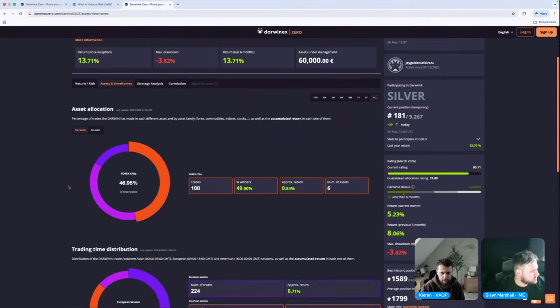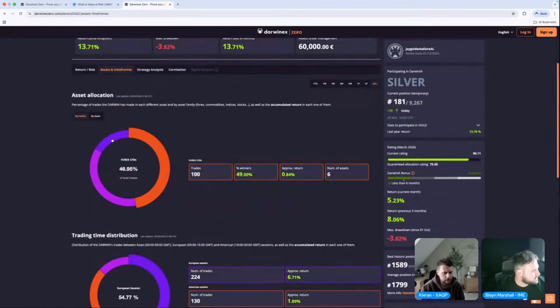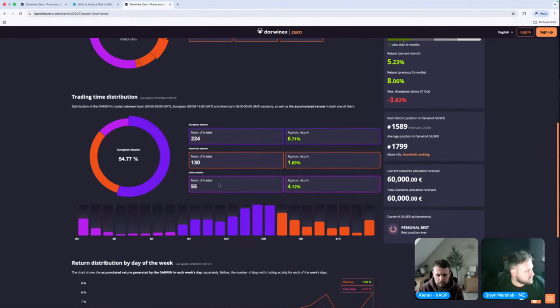Let's have a look at your trade history in terms of assets. Interesting. So you've got a pretty decent win rate, probably just below 60 with everything. Have a look at the assets. Dollar yen down, euro dollar down. So where's the returns? Okay, so gold and silver. Yeah, gold and silver have been really good lately as well. And you've got a good distribution as well between the 3 sessions.